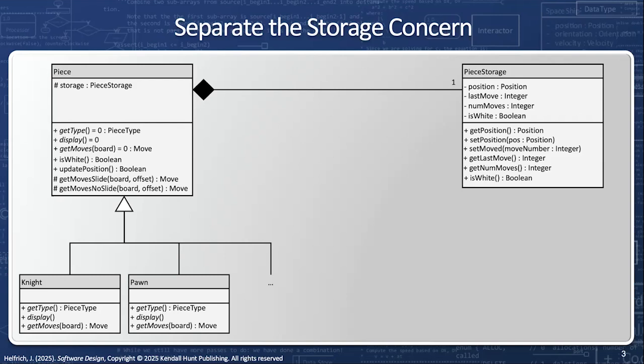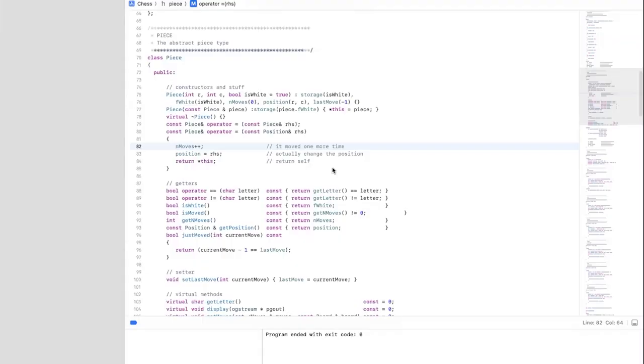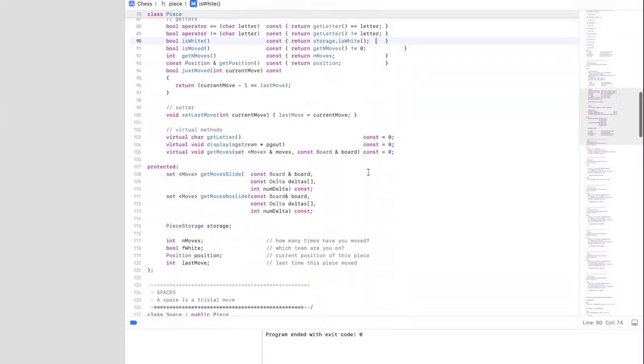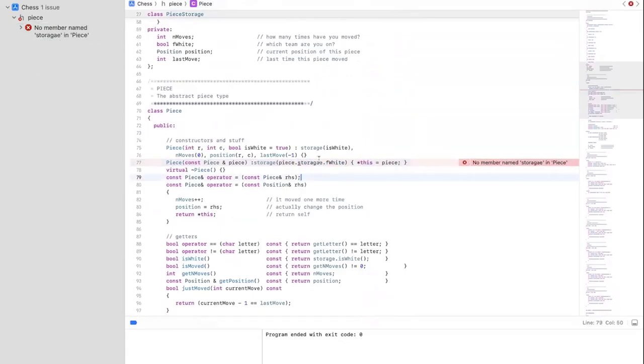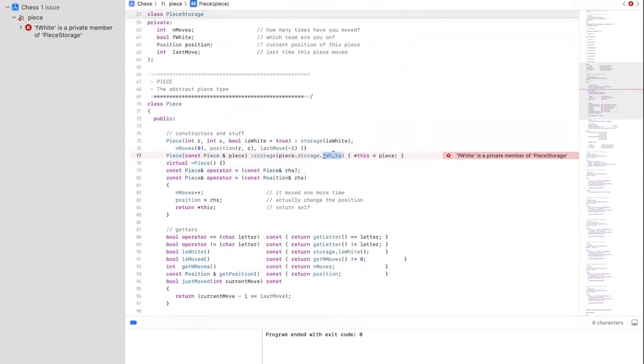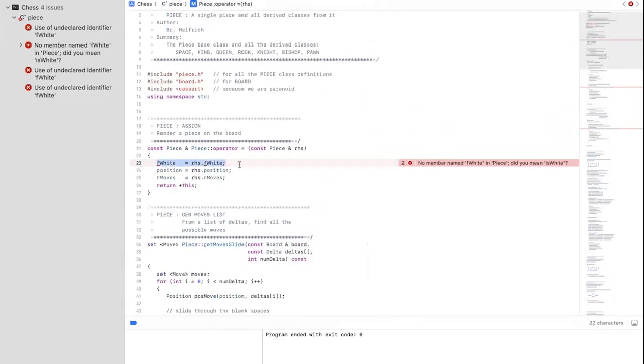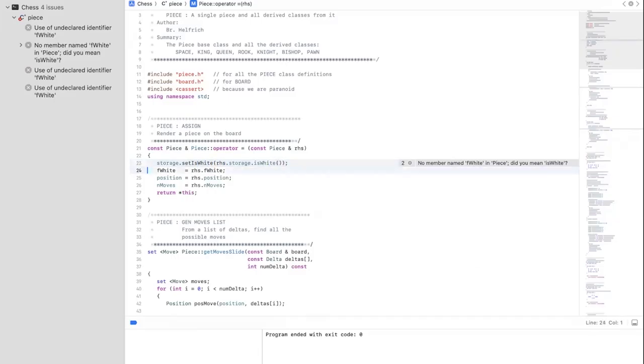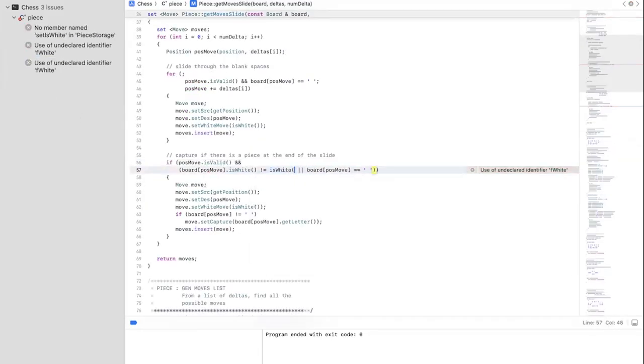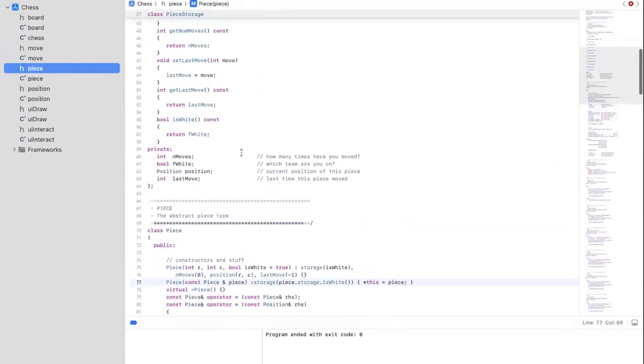So I'm going to have to do quite a bit of work to search and replace each one of these, and I'm going to do them one at a time. So I'm going to start with is white, and so I got to change it from f is white, which is my attribute, to storage dot is white, which is my method call. And I'm going to use the compiler a lot to do this. It's going to catch all my errors because once I remove the attribute,